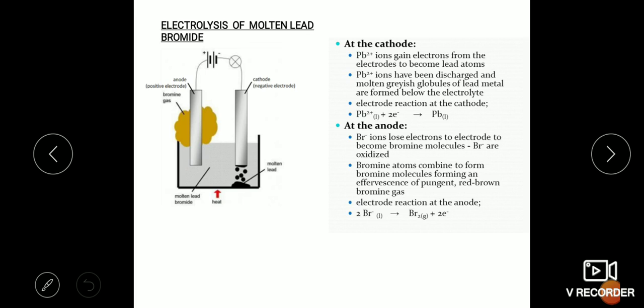The two electrodes are connected with the two terminals of a battery by copper wire. For this particular electrolysis of lead bromide, we have to maintain a temperature of 380 degrees Celsius. Because the melting point of lead bromide is 380 degrees Celsius, this temperature is maintained by heating the crucible. A direct current of 3 amperes is applied. The dissociation reaction will be